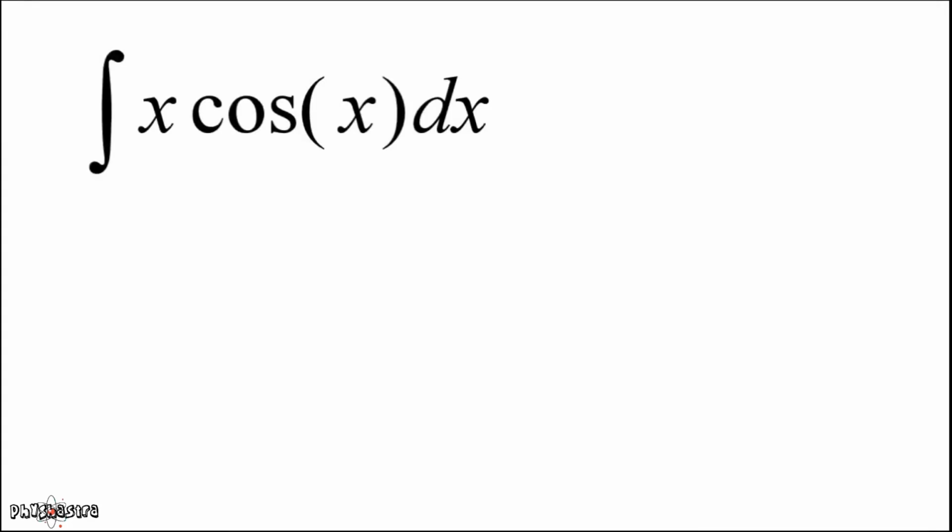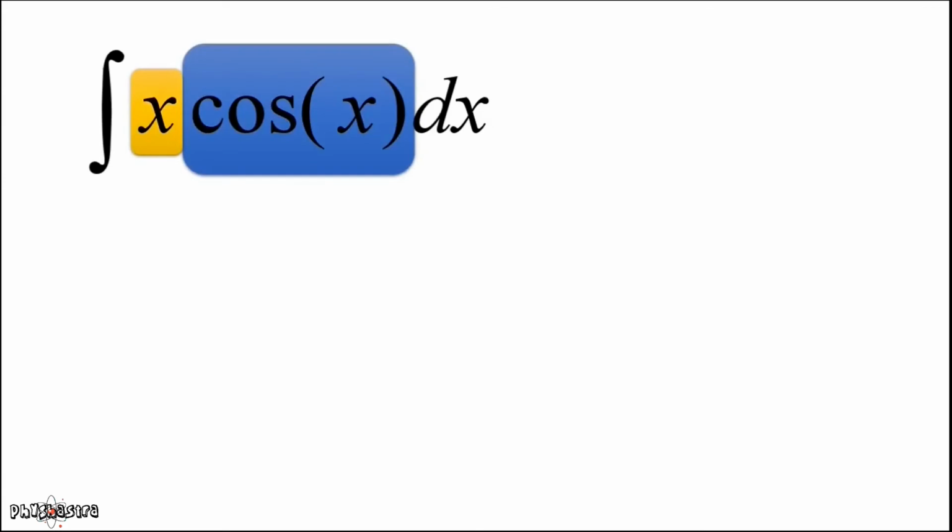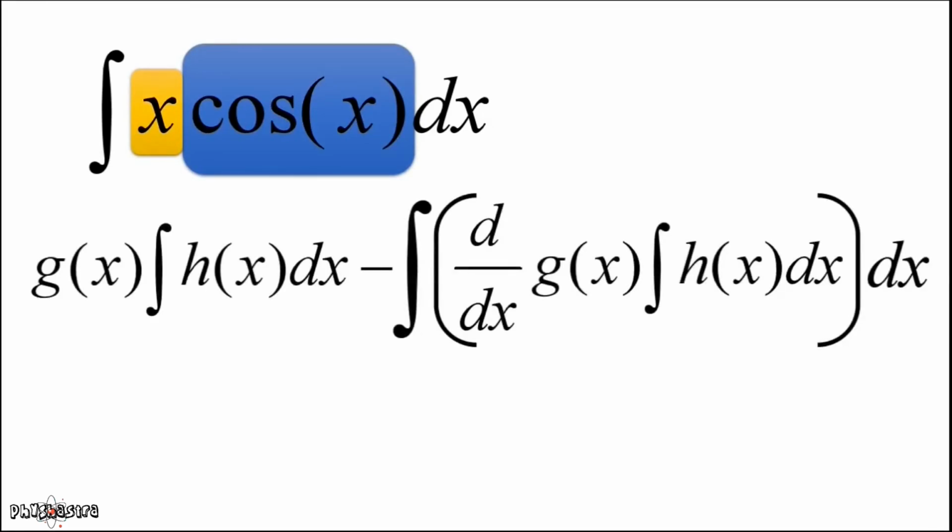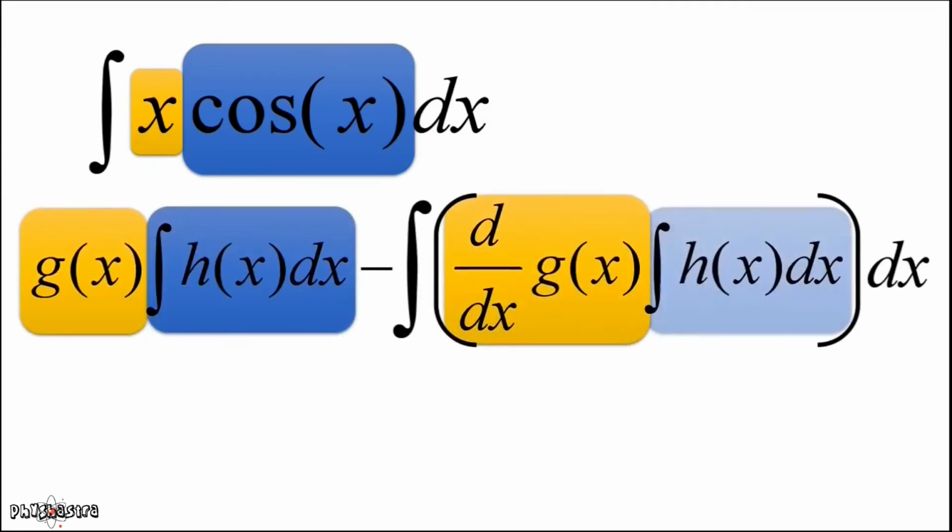Let us understand by an example. Here we find the integration of x cos x. Choosing g of x and h of x depends upon the judgment of how each function will integrate and differentiate. In this example, it is easier to differentiate x rather than cos x. So I choose x as g of x. In this formula, g of x is left single and we only need to find its derivative. The same goes for cos x, but this time it will be integrated. It all depends upon the experience you have with problem solving. So I suggest one more time that you should solve a very large number of problems.